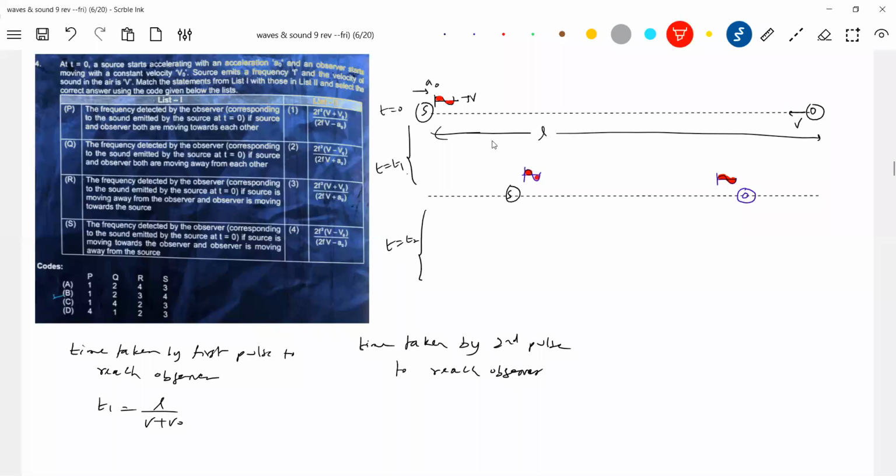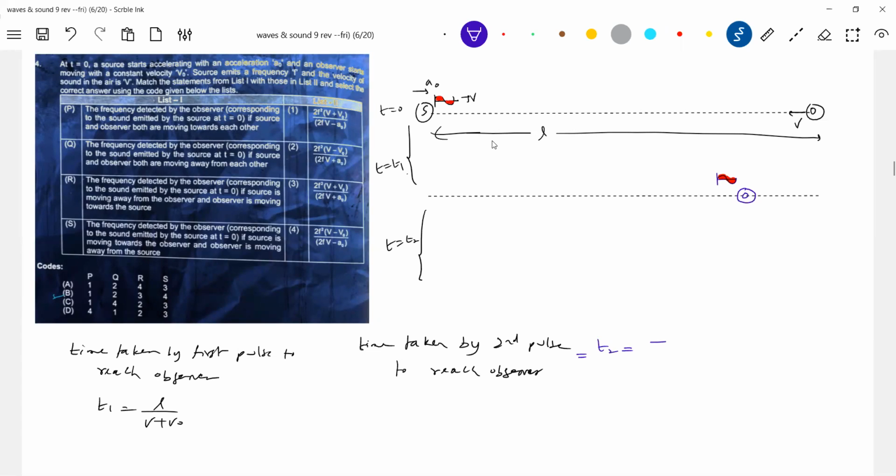So after what time? Not T1. Again, don't take it as T1. The second pulse will be generated after a certain time T. If you say T1, I think we'll be in big trouble. The pulse will be generated after time T. Again, the generated pulse has to propagate here. How to write this T2? I think it is better to imagine it, since we can't put everything in the diagram.